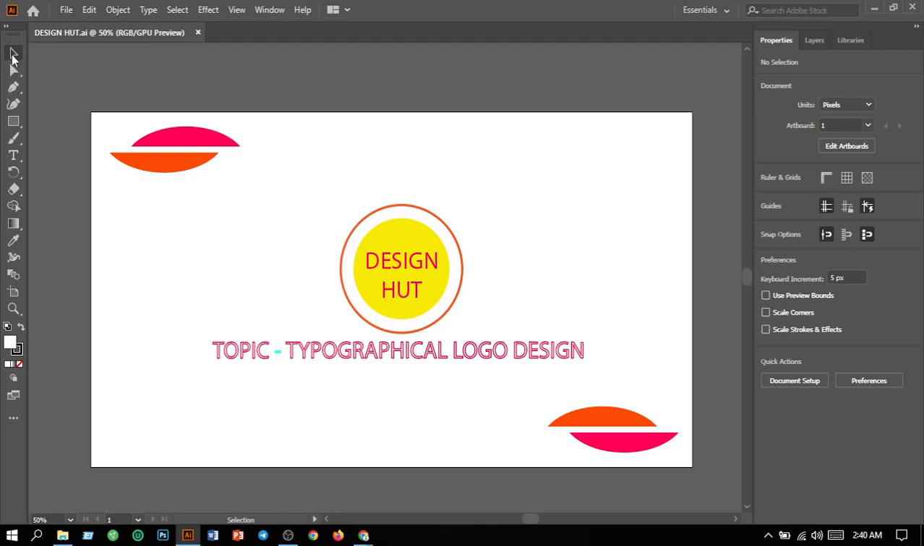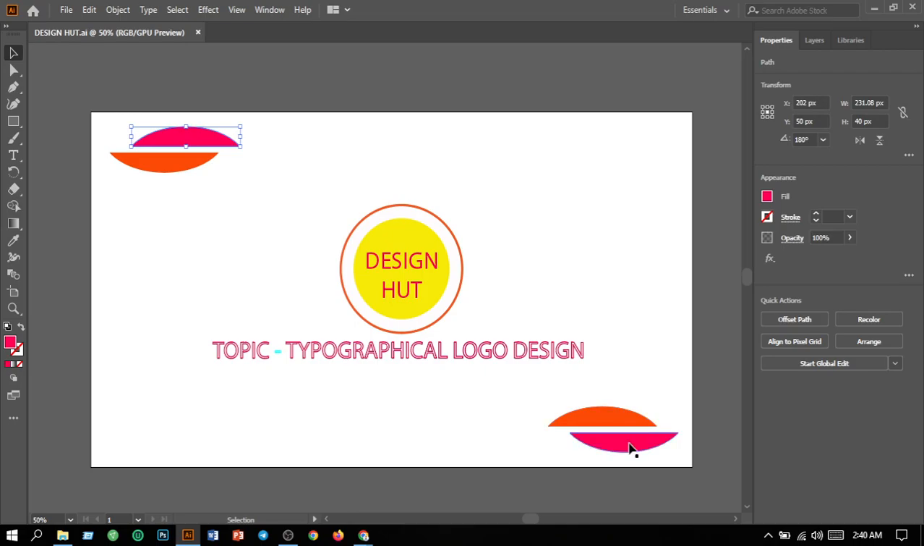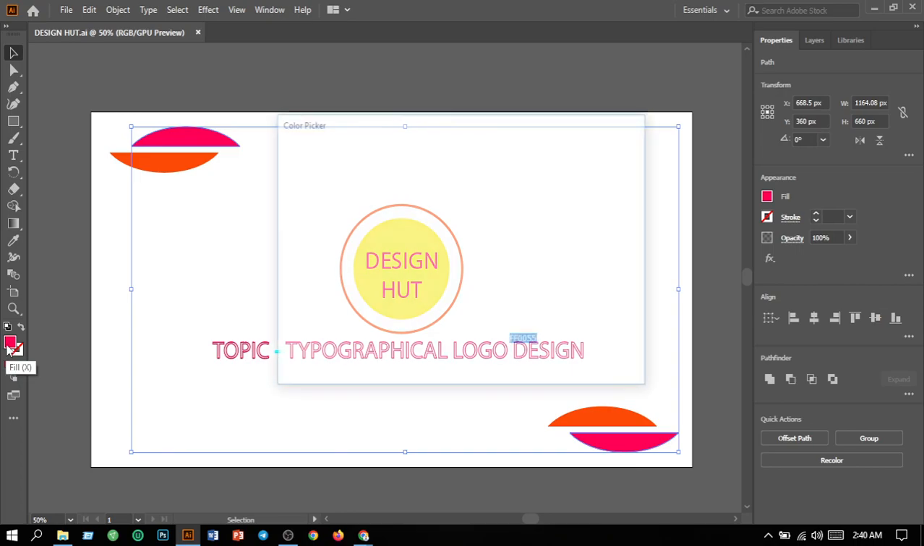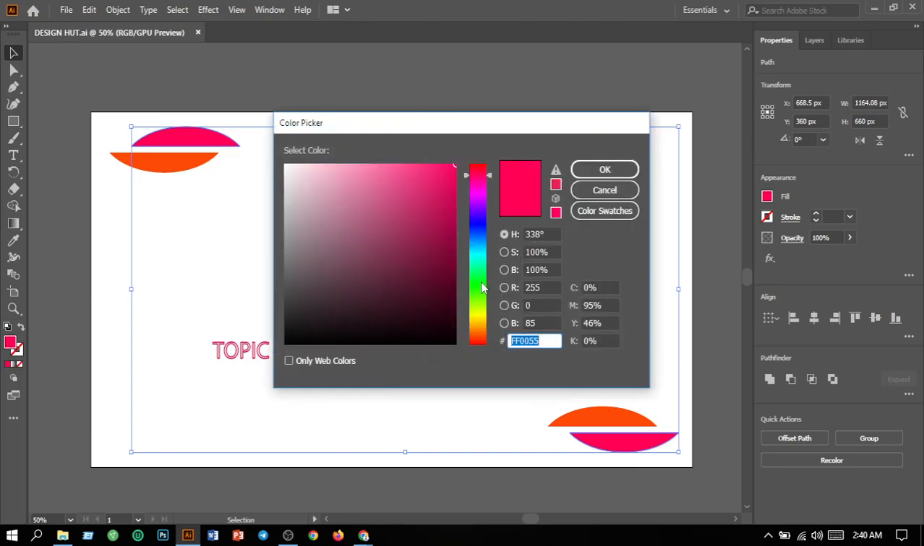Today's topic is iconic logo design. So let's start and make an iconic logo. First of all, I will change here some color. Then I will go for the main design. So I will change this color as